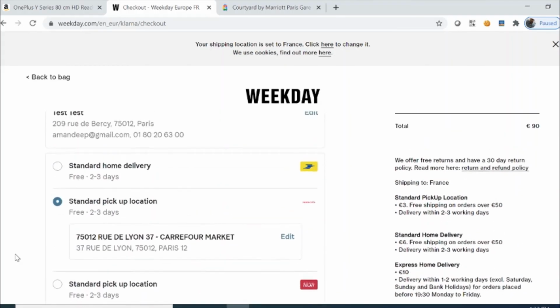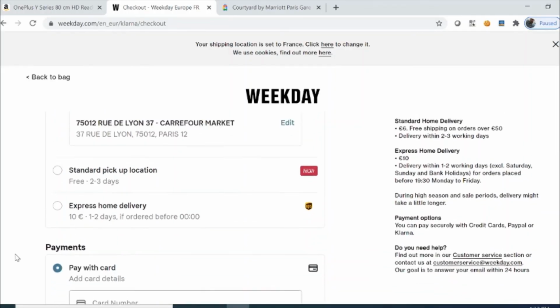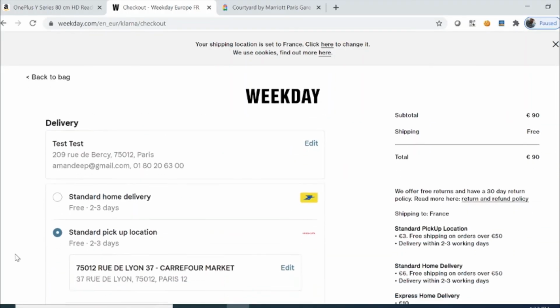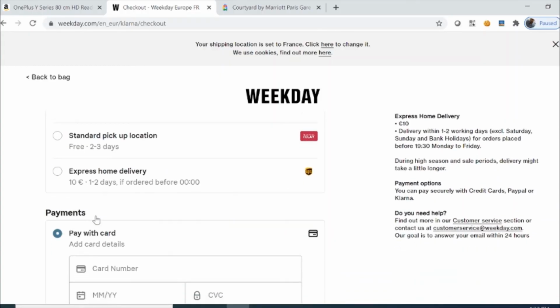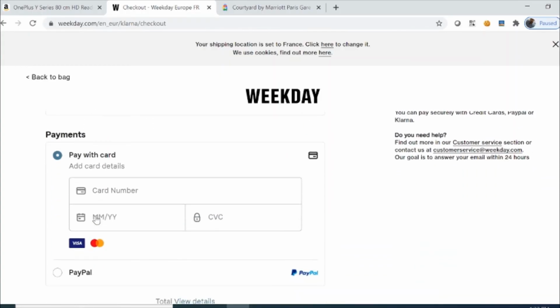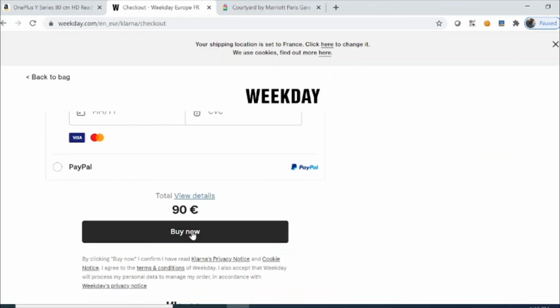And like I told you, once you enter the delivery address and then your delivery option, it will automatically show you the payment option, like how you want to pay. Do you want to pay through card or through a PayPal account? If I enter my card details and then click on the buy now option, then automatically the order will get placed.